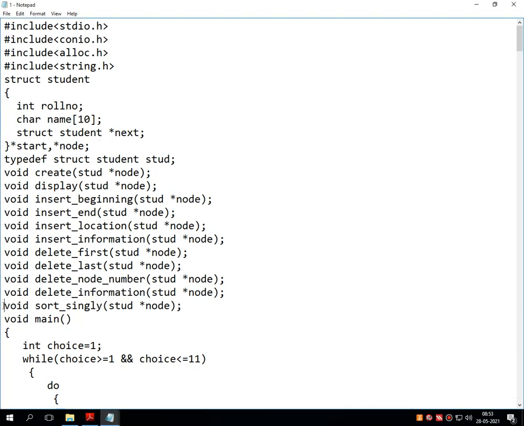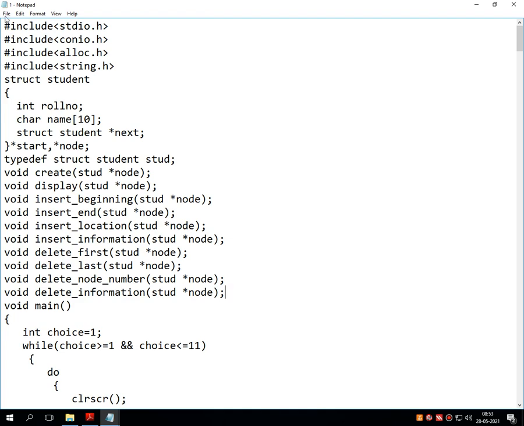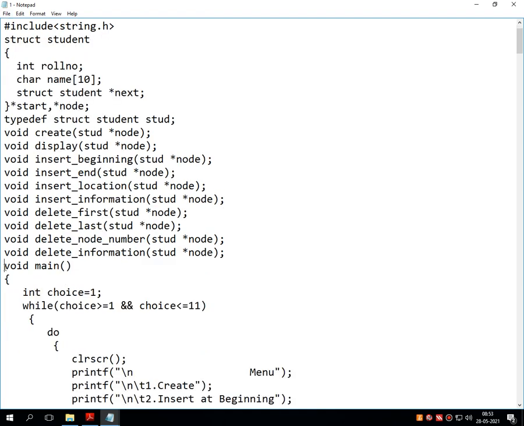And this function we are not going to discuss, that is called short_single, that is for sorting the numbers. So let's remove this particular line from this entire code. Now after that, if you remember, whenever I executed this particular program, it showed one menu on the screen. So this is the time to design that particular menu.